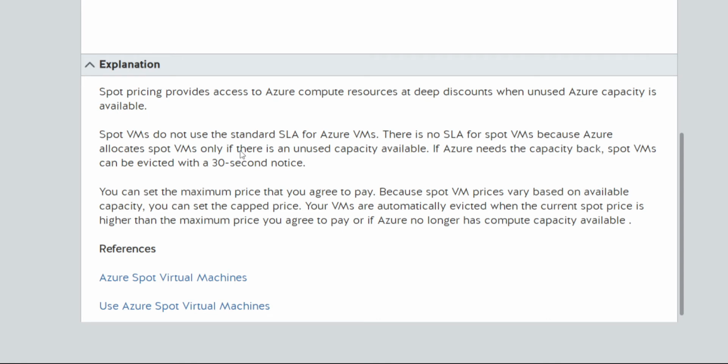Spot VMs do not use the standard SLA for Azure VMs. There is no SLA for spot VMs because Azure allocates spot VMs only if there is unused capacity available. If Azure needs the capacity back, spot VMs can be evicted with a 30-second notice. All right. You can set the maximum price that you agree to pay because spot VM prices